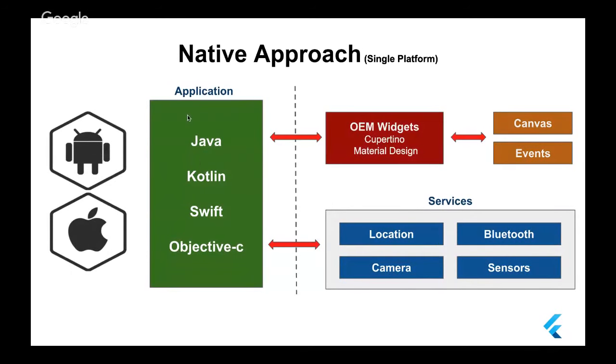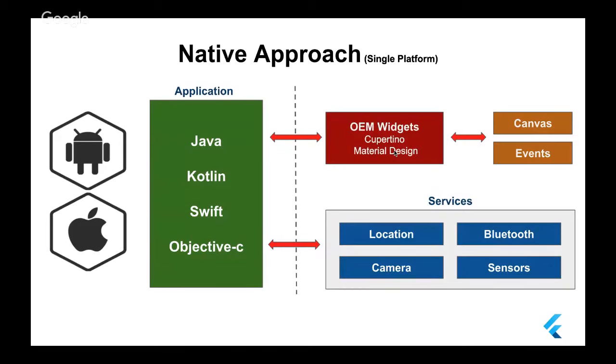And your application, or your code, lives inside a virtual machine. This virtual machine is responsible for translating, or compiling, your code or the intermediate language to the native machine code, which we call 0 and 1. And your application will run here. And there is another part on the screen, the elements or components that appear in front of the user, which is the user interface. We call it the OEM widget system, the original user interface system for the operating system itself. And here we wrote Cupertino style and Material Design.